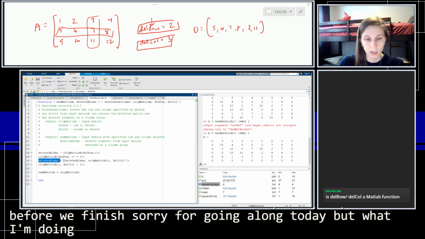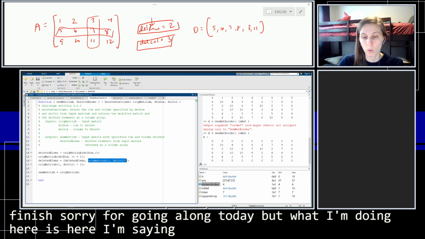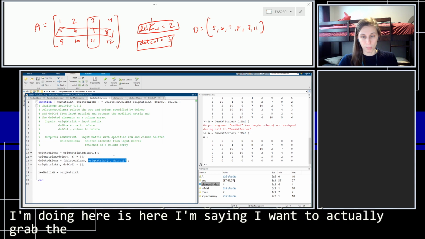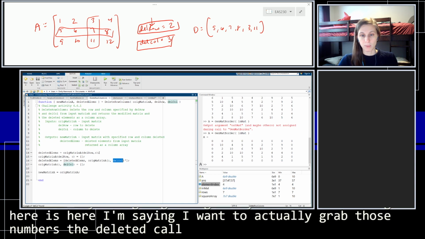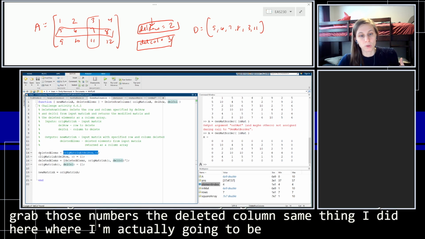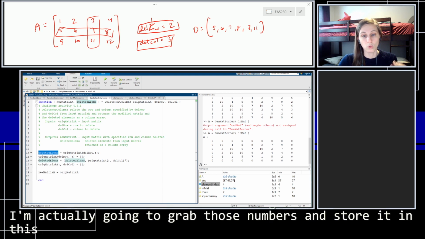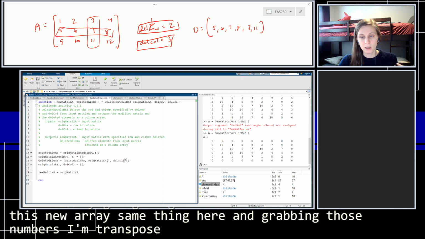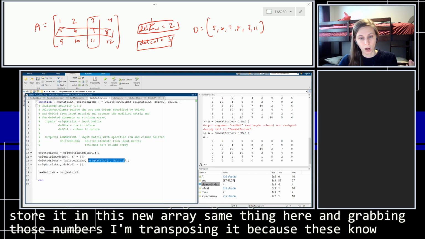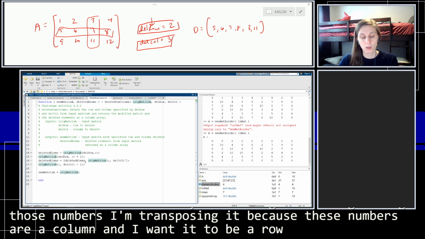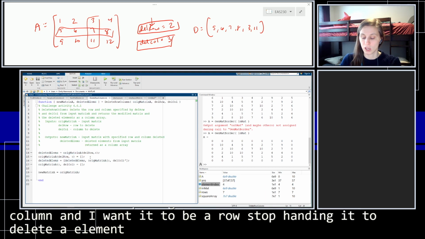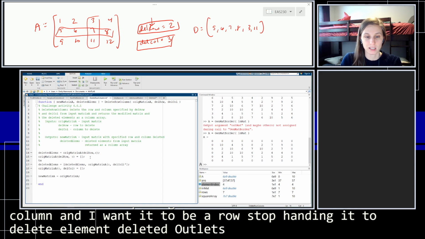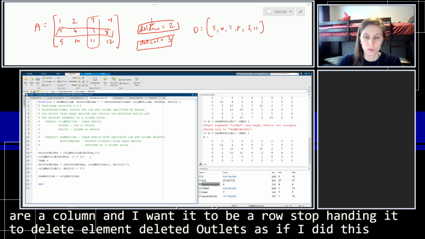But what I'm doing here is, I want to grab those numbers, the deleted column. Same thing I did here, where I'm going to grab those numbers and store them in this new array. Same thing here. I'm grabbing those numbers. I'm transposing it because these numbers are a column and I want it to be a row. And then I'm just appending it to deleted elements. So essentially, it's as if I did this. Temp equals